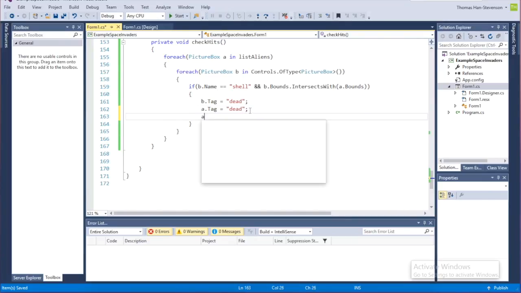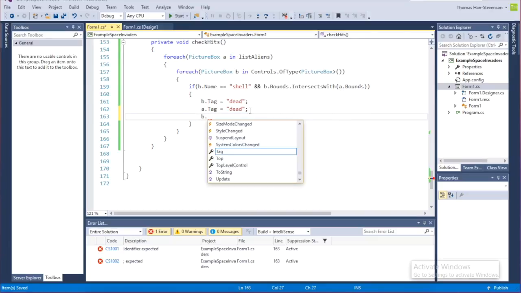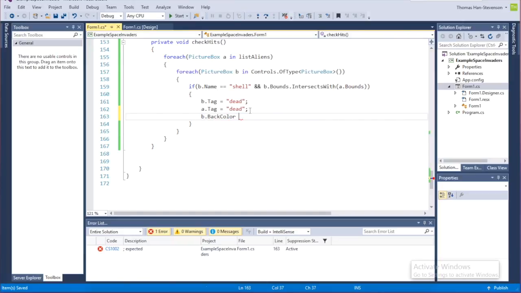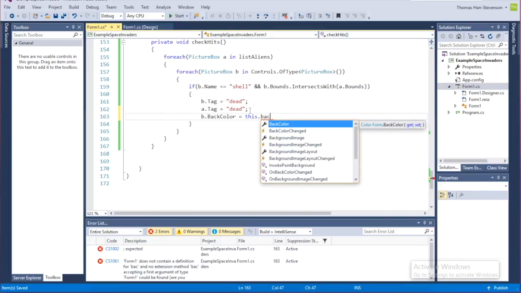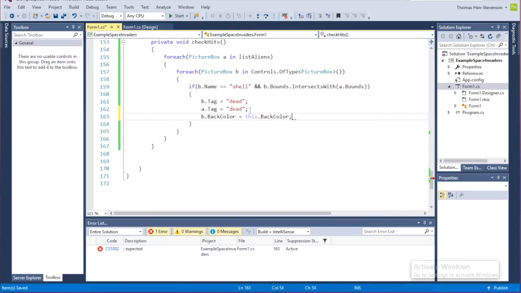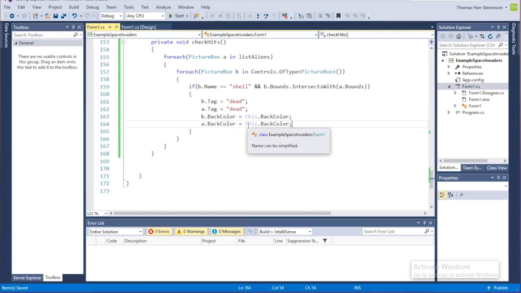We probably want to say, okay, b.backcolor equals this.backcolor, i.e. it equals the color of the background. Nice one. A.backcolor. Cool. So that should change the color so it looks like the background, so it kind of